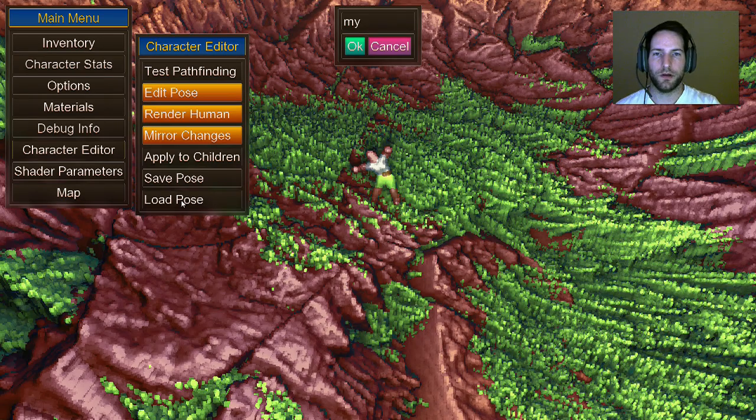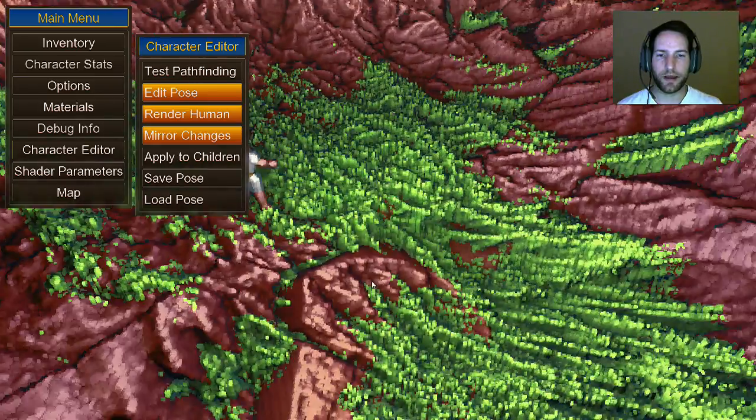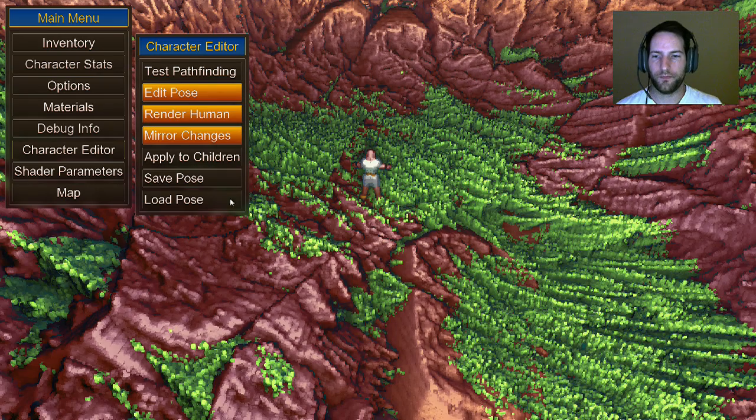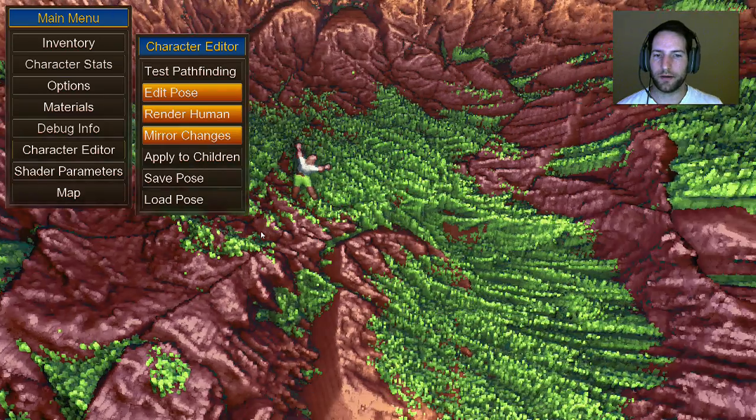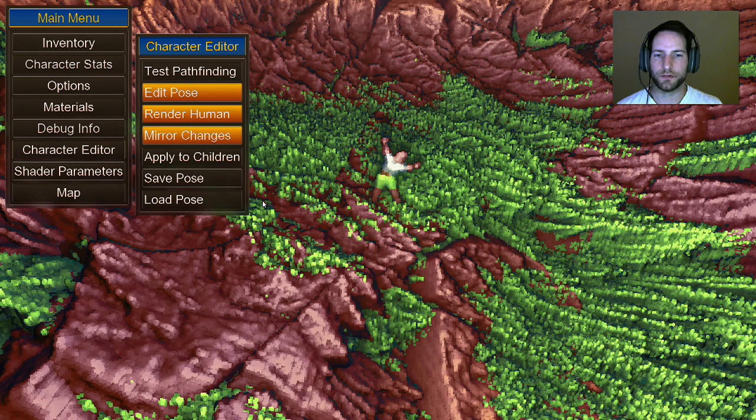So load pose, my pose 1, loads that original pose that I had. If I load my pose 4, loads it back there. So these different poses are useful for creating different states of animation or different characters,